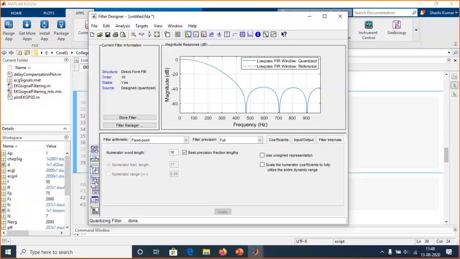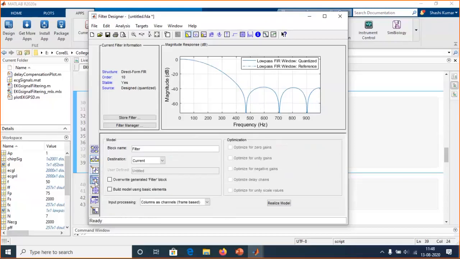So now you can realize this filter as a Simulink model as well, directly from the filter designer. So this is if you go to the realize model function here, right? So I'll simply click on realize model. What will this give me is